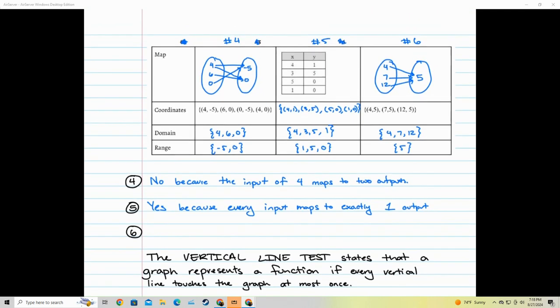And finally, we're down to our last one. Do you know what happens when I press the number 4? Yep, I get 5. Do you know what happens when I press the number 7? Yep, I get 5. Do you know what happens when I press the number 12? Yep, I get 5. This is like a vending machine that only has Coca-Cola. It doesn't matter what button you press, you're going to get a Coca-Cola. Do you know what's going to happen when you press a button? Yeah, you're going to get Coca-Cola, right? So this is a function